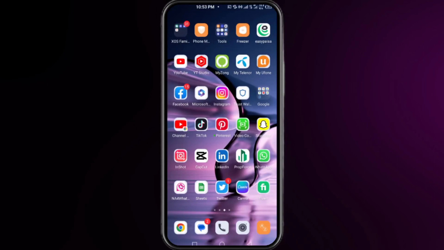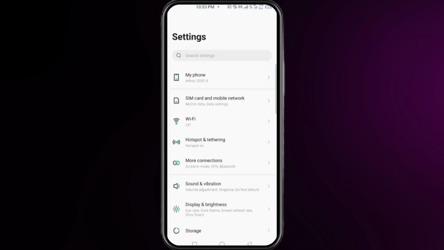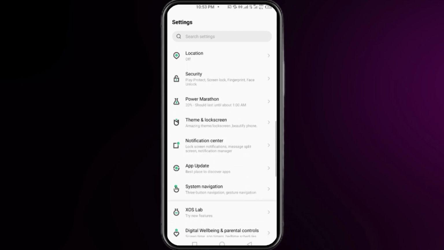This is how to delete your TikTok from your Android phone. So let's get into it and delete it by using two methods. The first thing that you need to do is to simply open your Android settings, and here in your settings